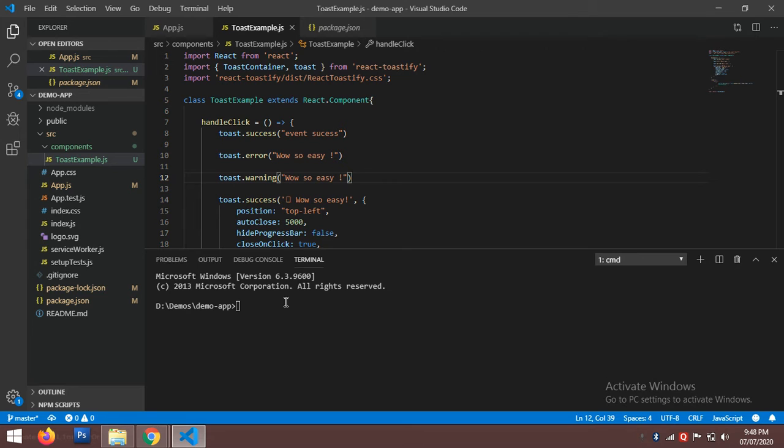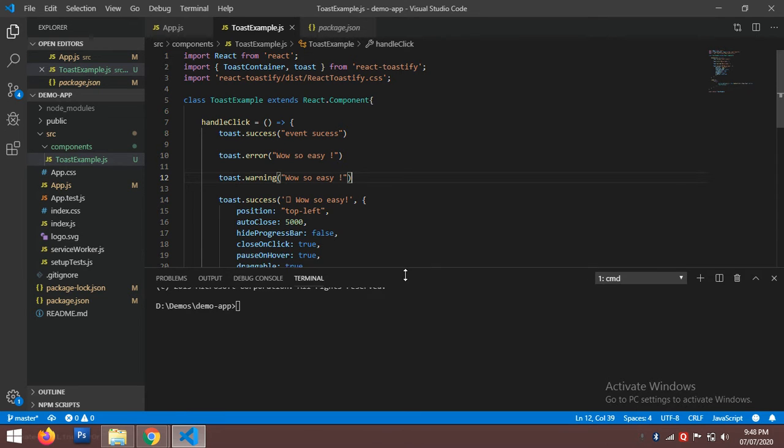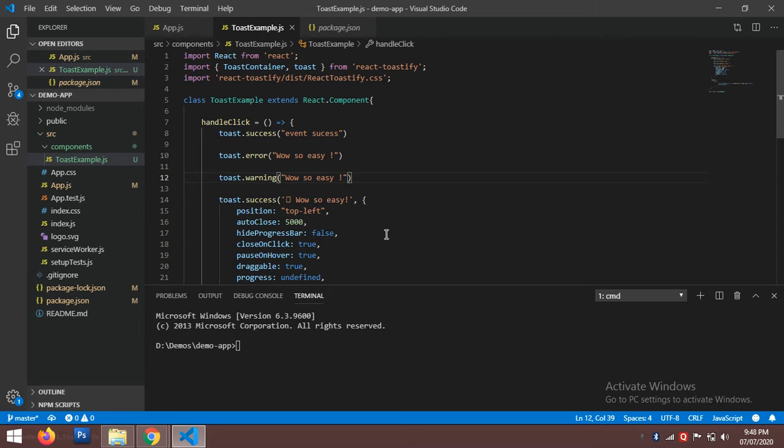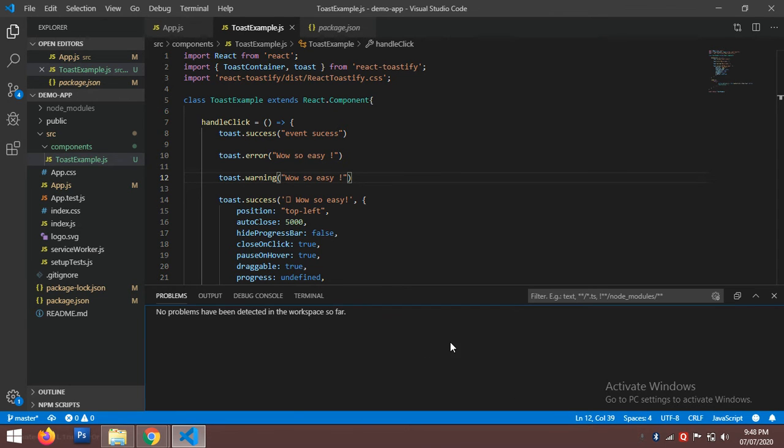So from this terminal, even if your project is in React or Node, you can see the compilation process going on. If you have set up auto compilation in your Node project as well, using various packages provided in Node.js, like Nodemon, which is the Node Monitor package, for such processes you can see its output on the terminal itself. Now this is the problems window the editor provides, like for JavaScript projects and other projects as well.